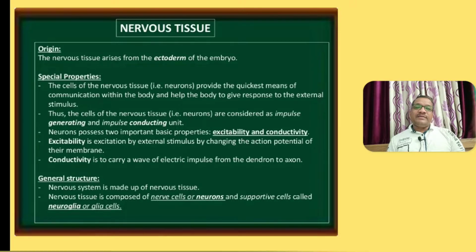So, hello everybody. Today we will try to understand what we mean by nervous tissue. The origin of nervous tissue is from the ectoderm, so it is ectodermal in origin in the embryo, and if we see the special properties of this nervous tissue, we will come to know that